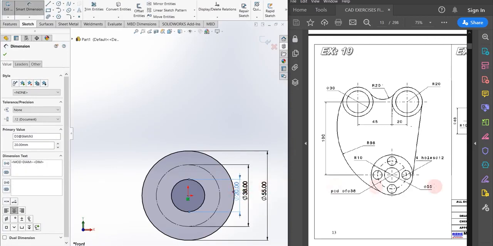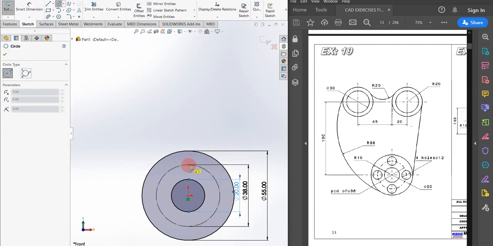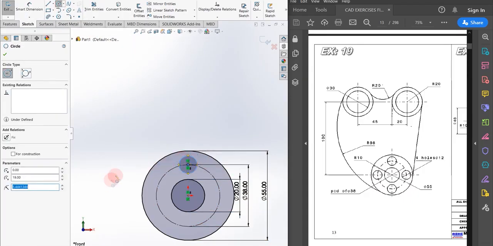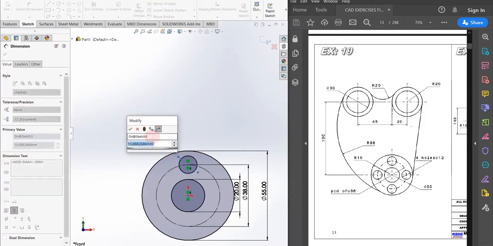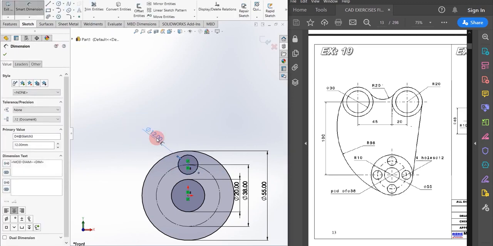Now I want 4 holes on the 38 diameter circle. First of all, I am going to construct one single circle, given that the diameter of the circle is 12 mm. Now I am going to select circular sketch pattern.